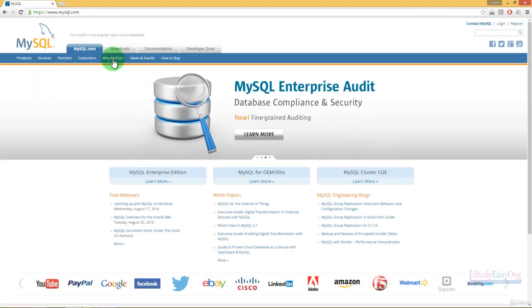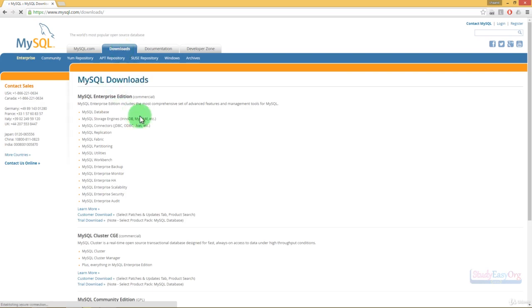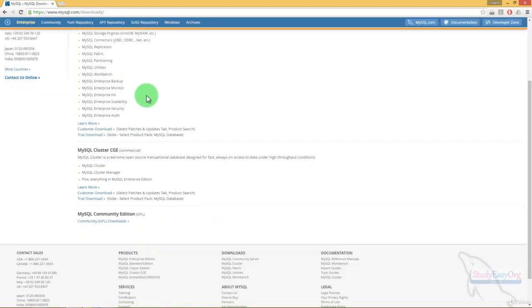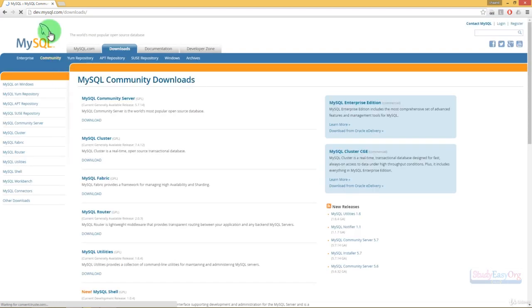In here there are multiple tabs, out of which click on the downloads tab. Now friends, MySQL comes with a community database version as well, but there are plenty of other products as well, and a couple of them are also paid. So in here, if we scroll down, we have this option of community edition. So click on this link, community GPL downloads. So let's click on it, and the URL for this particular edition is